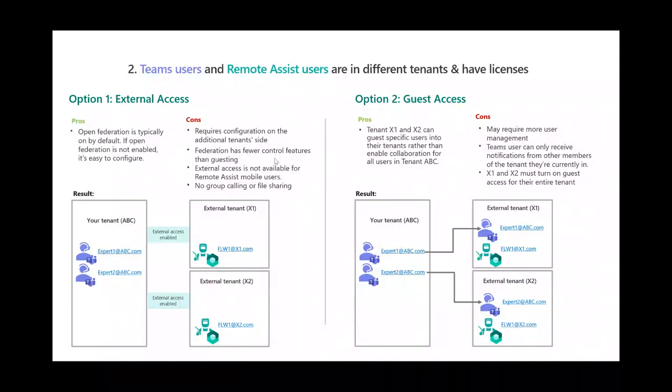So the purpose of Federation is to enable two entire tenants to search and collaborate with each other. So that means that you're enabling permissions to search and collaborate on a tenant level, whereas for guest access, you saw that each external tenant, like X1, was able to guest a specific member of tenant ABC into their X1 tenant. So another downside of external access is that external access is currently not available for Remote Assist